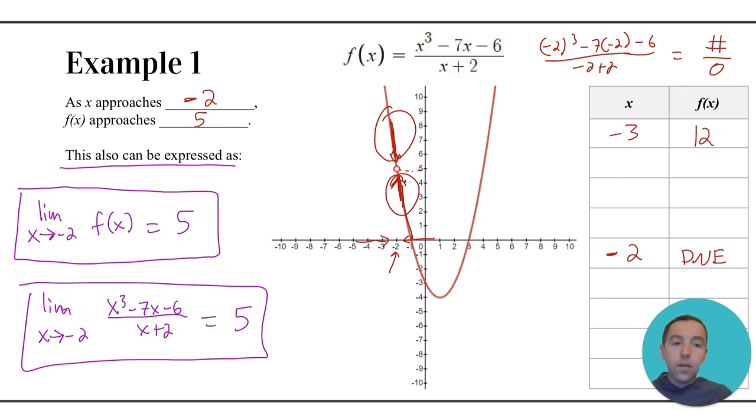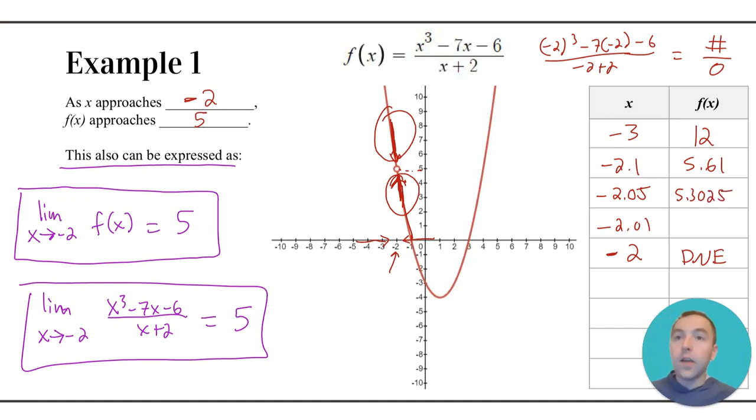Now you'll want to plug in things that are a lot closer to -2. So -3 is probably not a good starting number. Something a little better is -2.1, which is definitely a lot closer. You plug that in and you get 5.61. Then I would plug in numbers even closer to -2, like -2.01. And then if you plug all of those in, you're going to get